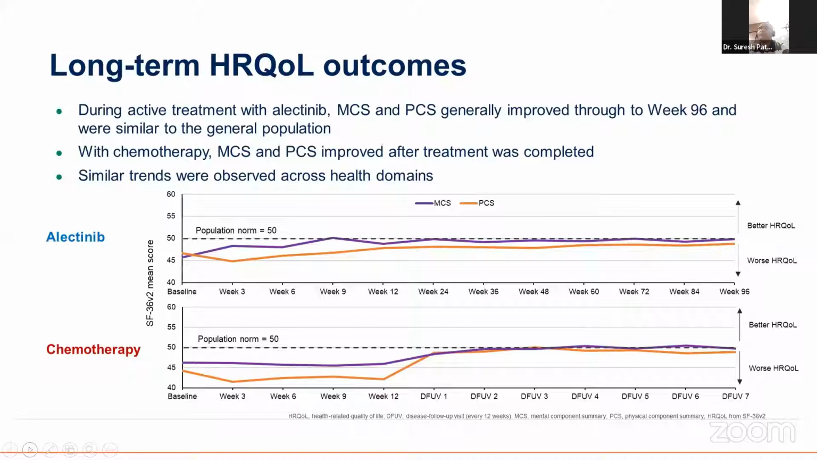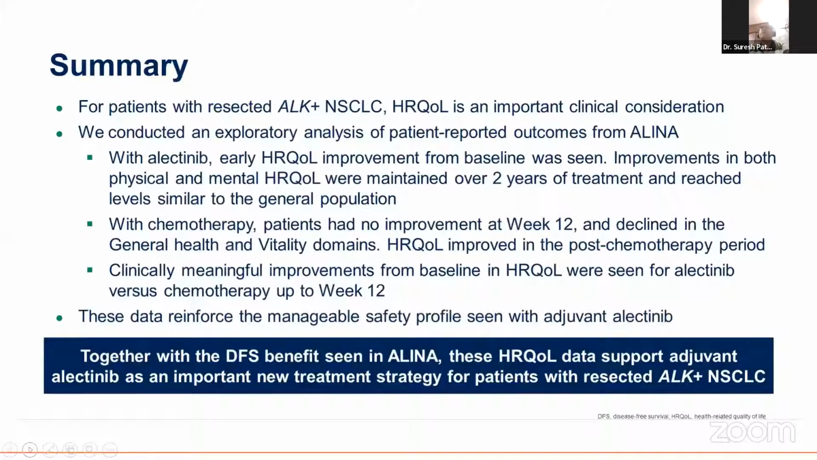Next slide, please. So the summary was that, next slide, please. So the summary was that for patients with resected ALK-positive NSCLC, health-related quality of life is an important clinical consideration. And on exploratory analysis of the patient-reported outcomes from the ALINA trial, it was found that early health-related quality of life improvement from baseline was seen with alectinib. Improvement in both physical and mental HRQL was maintained over 2 years of treatment, and they reached levels similar to the general population. However, in the chemotherapy arm,